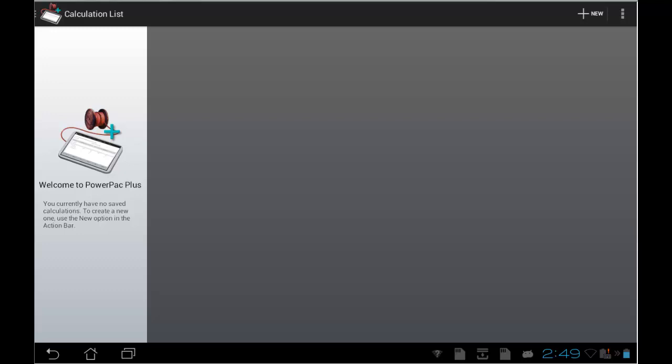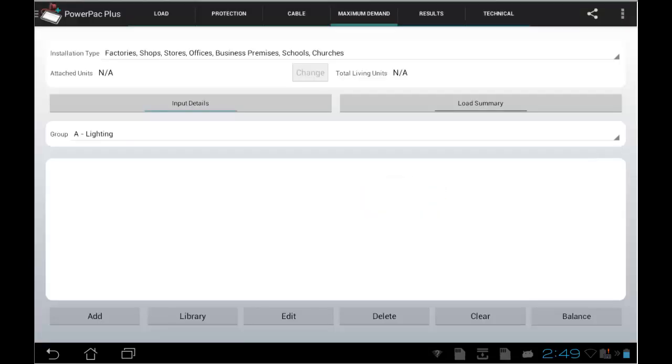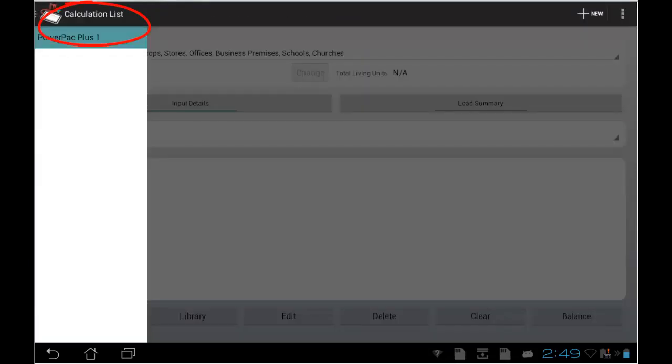PowerPac Plus does maximum demand as well as cable sizing. Click on New to create a new calculation. Enter the calculation name and click on the Create button. The calculation will now be shown on the left hand side, and we can select PowerPac Plus to have a look